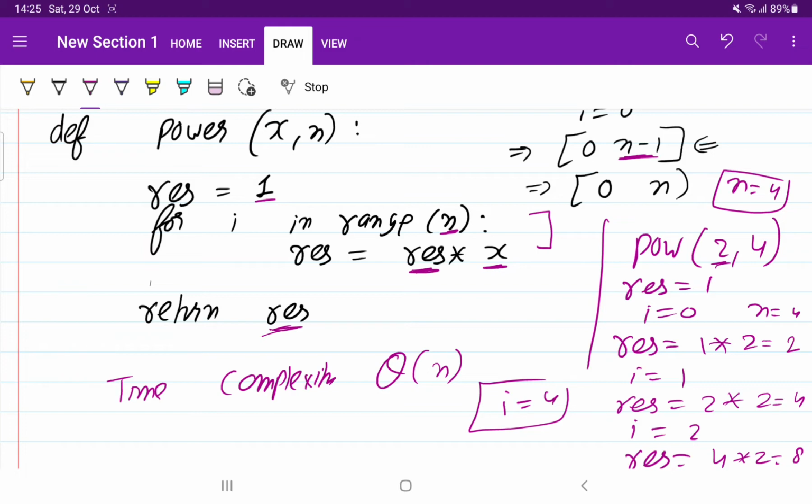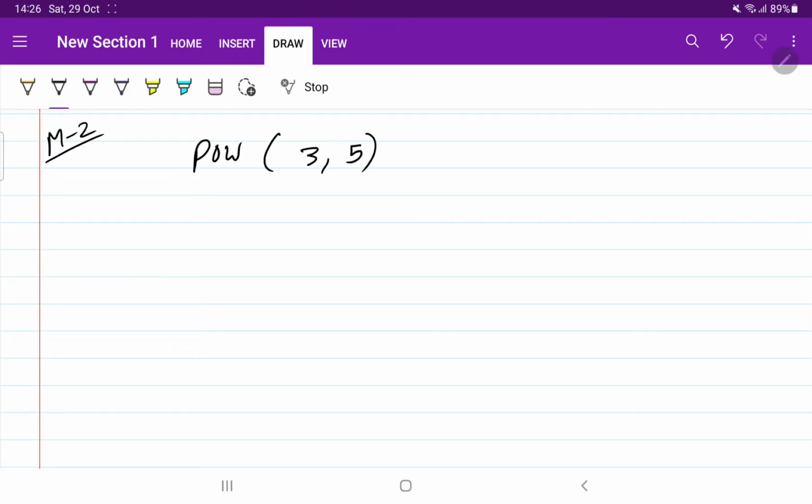Now if I ask you to pause the video for 1 minute and think of some other approach, how we can solve this question in some different way. I hope you have thought of some approach, but if you got any approach, it's okay. But if you didn't get any approach, then also it's okay. I am going to explain it to you.